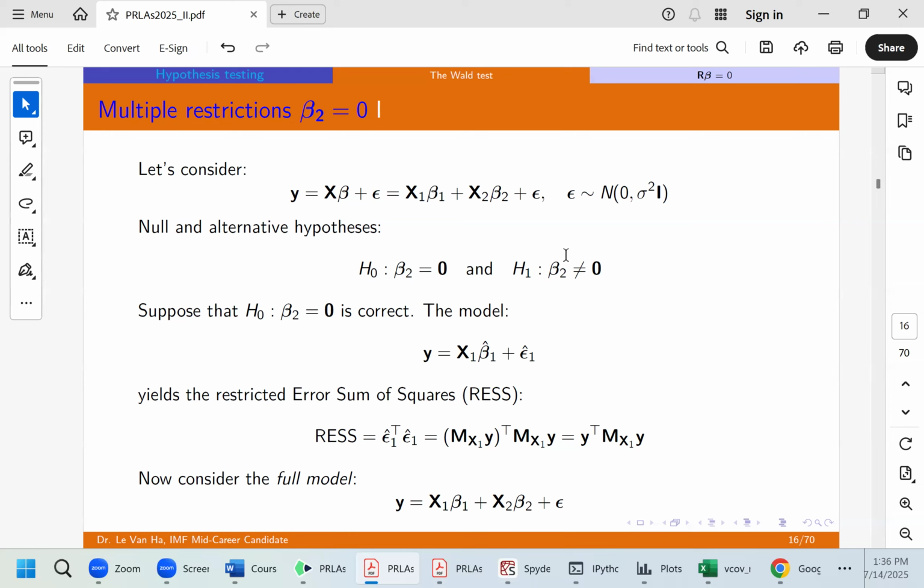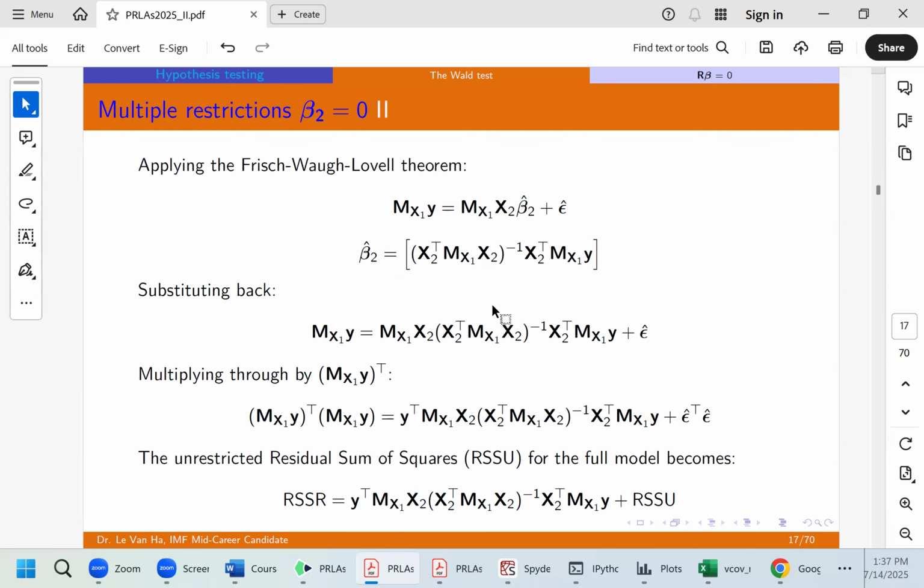So in our regression table, the x1 here includes only one thing, that is the constant, right? Other variables are put here. Okay. So how can we test that? Again, we suppose that the beta 2 is zero. So we compute the error sum of squares, which is equal to this one, and it could be written as y transpose M_X y. Now we consider the full model with epsilon as the error term, and we apply the Frisch-Waugh-Lovell theorem, right? Something that we already discussed a lot. And we can compute